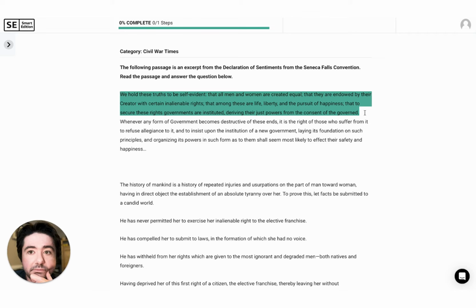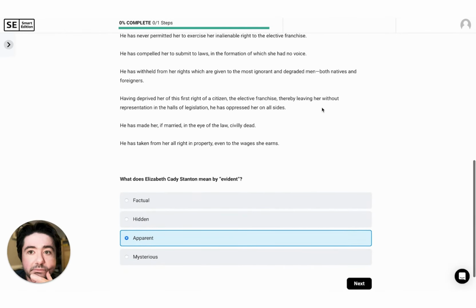And the idea of these rights of men, and in her case of women too, are very apparent. She is listing them out for us. Just to restate the obvious, that all people, men and women, should have life, liberty, and the pursuit of happiness. And it is apparent to her, it's apparent to her readers, and that's the argument she's making, that, yeah, these are truths, but we have to turn these truths into reality. We have to pass new laws and give women the vote and give them greater rights. Now,